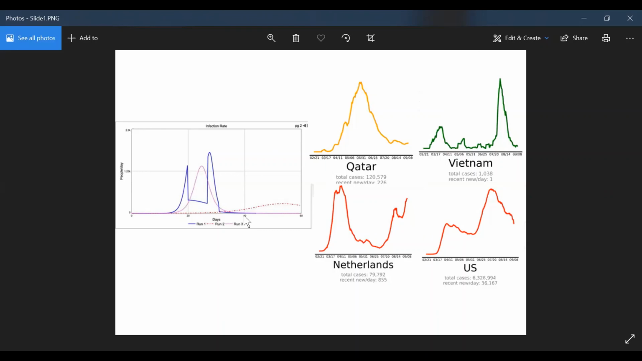These behavior patterns, even though they look kind of odd, actually replicate and can explain what we're seeing in some of these other countries with real behavior modes. So